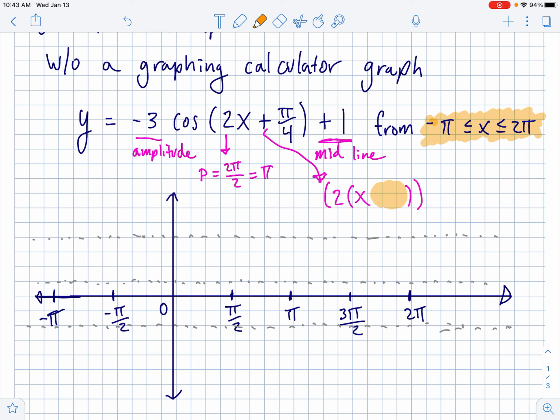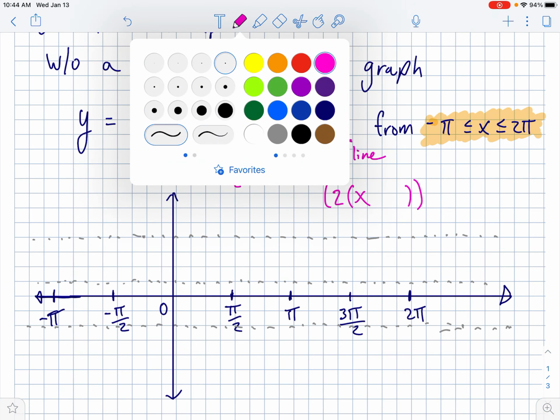So that means, oh, I didn't mean for this to be like this. Hold on, let me think. I'm confusing myself now. Yeah, it would be plus pi/8 there, but I don't want to go by pi/8. Oh, I guess I do have room to do pi/8. All right, let's give it a shot, see how it goes. I think I meant for that to be a pi/2, so then we do a pi/4 shift. Yeah, you know what? I'm going to change it. So let's say that it was actually